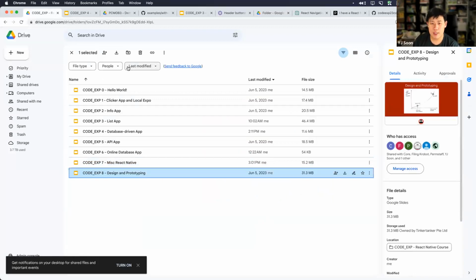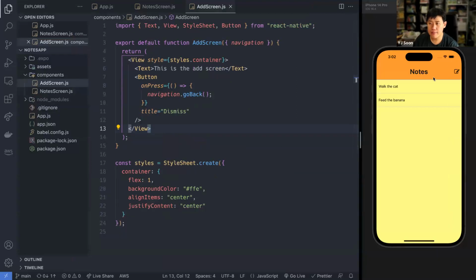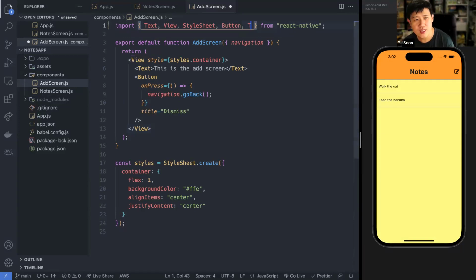Okay, in the meantime, let's go make our database-driven app. So we're at this point where this is the add screen. We haven't let people add in their stuff yet. So now let's go create a text input. A text input is where people can input text. Not surprising. Text input is something you saw just now in the Expo's own demo app, right? So it's going to be live here, inside the screen. I'm going to say text input.